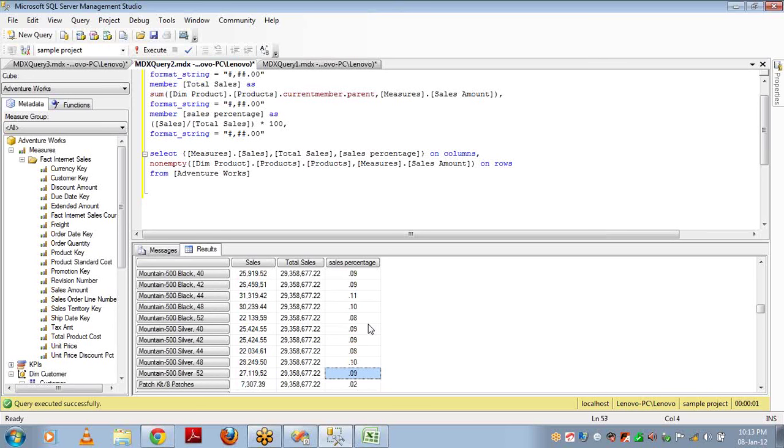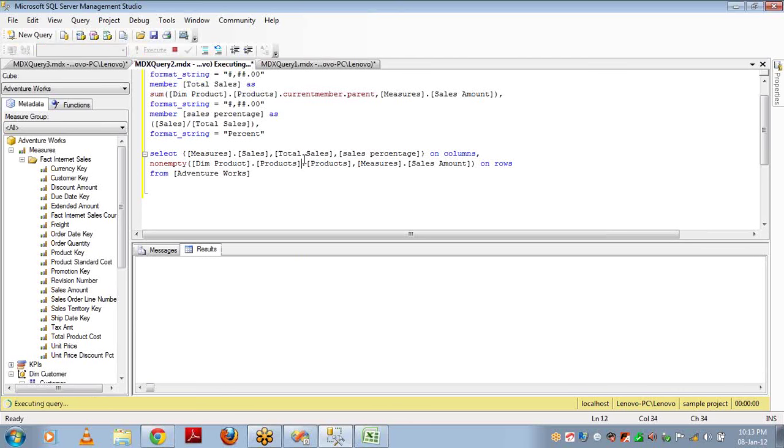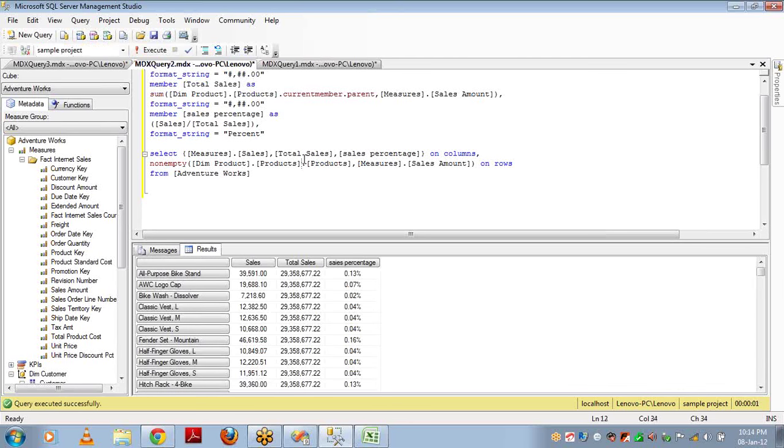This is how the percentage is calculated. And this is 4.41%, the value is too high, that's why it is 4.64% of the total sales. So instead of multiplying by 100, you can simply use the format string. If you use Percent as the format string, it will give you only two decimals, and it will multiply the value by 100 and concatenate the percentage symbol at the end, like this.